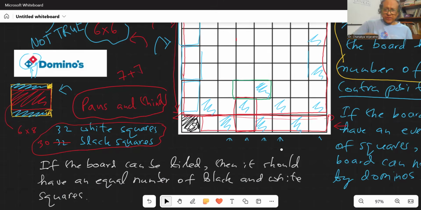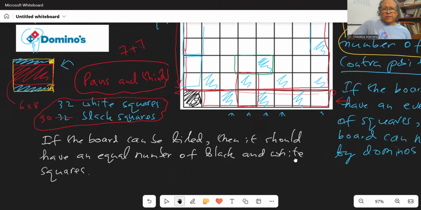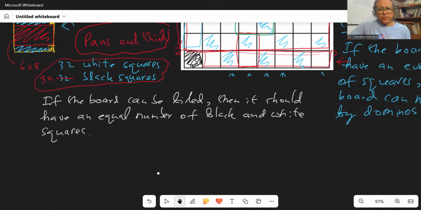Now, the contrapositive of this is that if the board has an uneven number of black and white squares,